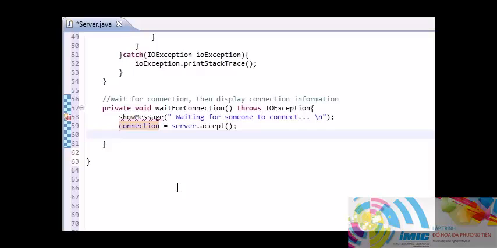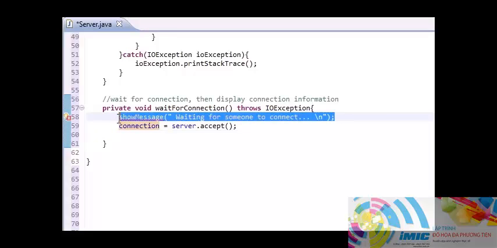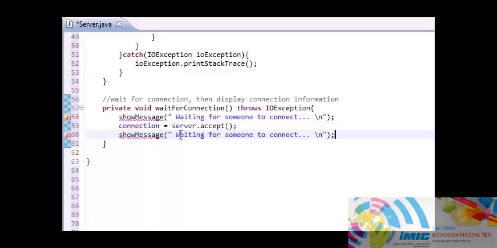So the next thing you need to do is, now that you're connected to someone, let's go ahead and put another output message. Too lazy to type it. And I know I didn't use Control C, Control V. I know about it, I'm just too lazy to type with my left hand from time to time. So we'll just say, once you have a connection, now connected to,